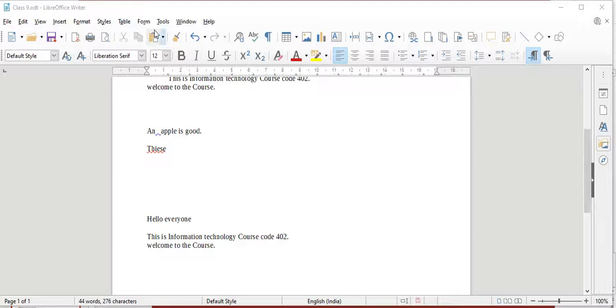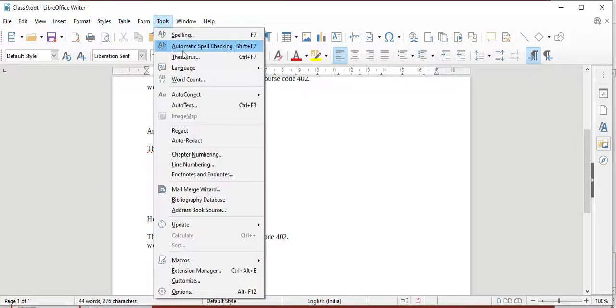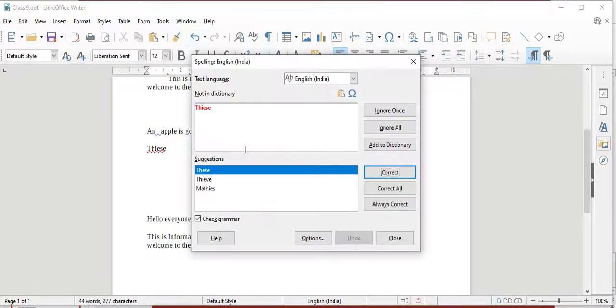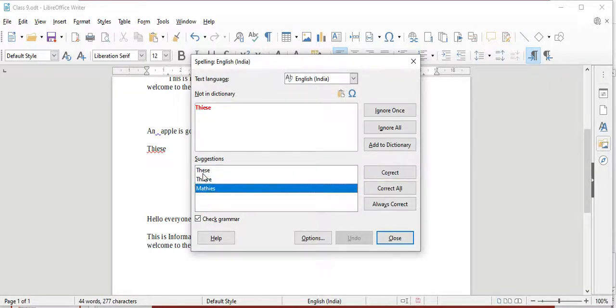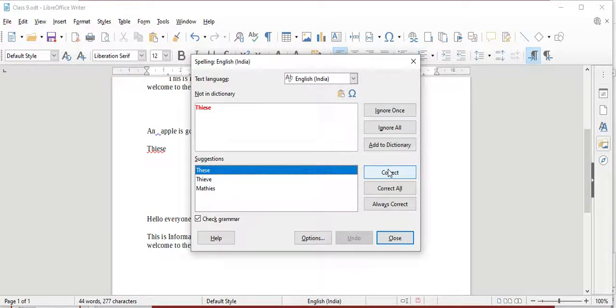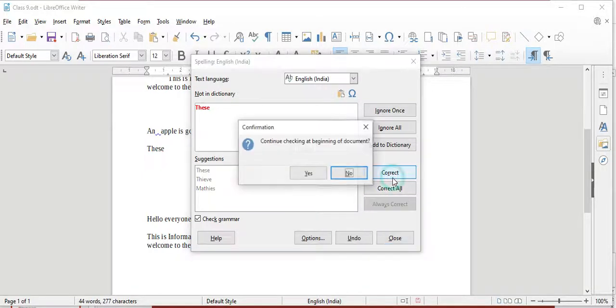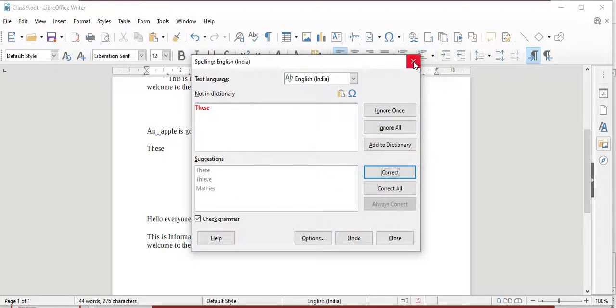Go to Tools and check the spelling. Here you will get 3 suggestions. Whichever suggestion you feel is right for your document, select it and click on Correct. If the same mistake is in the whole document, click on Correct All. It will get corrected.